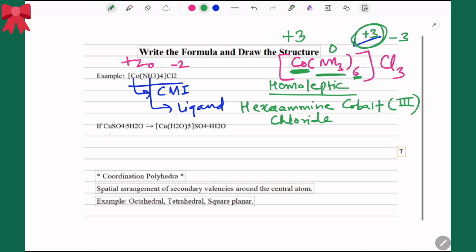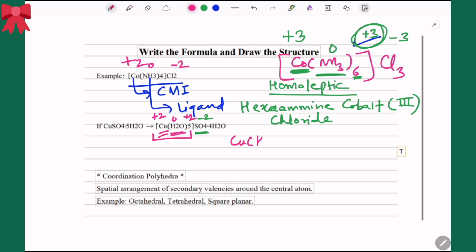Let's go to the second one. This is CuSO4.5H2O, which is actually written like this. Here, children, you can see that sulfate is the negatively charged anion. First write down whatever is outside the square bracket and its oxidation state. So it is -2. Naturally, for the cationic part, your oxidation state will be +2. Water is a neutral ligand, so write the charge of 0. So what is the charge on copper? Naturally, it is going to be +2, because eventually +2 is the charge on the entire complex.